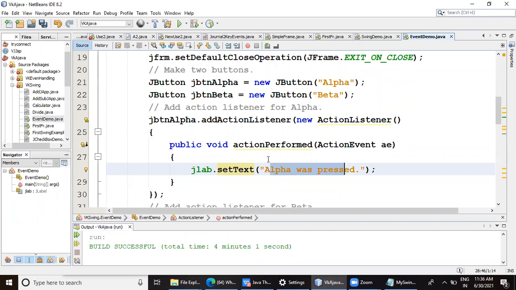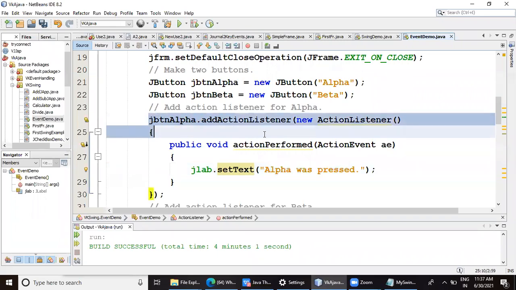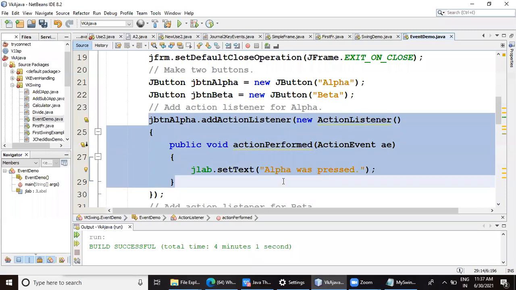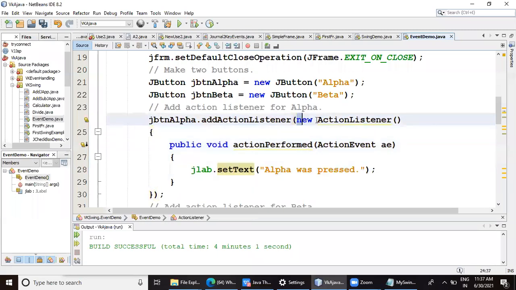Because here using this anonymous inner class, one more advantage is, as I told you, anonymous inner classes can be created for private use purpose. They will not belong to the whole outer class. They will belong to only this particular reference. Now I have created this anonymous inner class. It will belong to only this object.